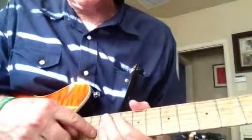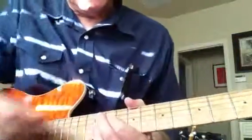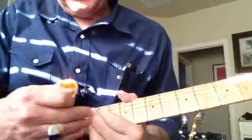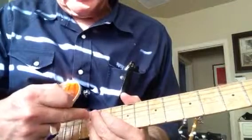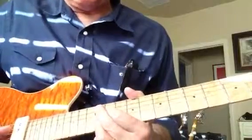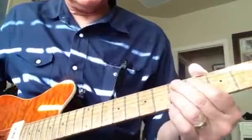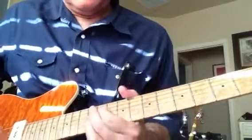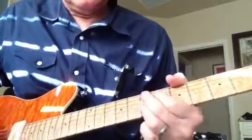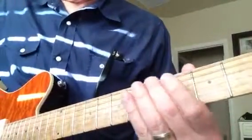Then I'm going to go way down here to the 12th fret, that same pattern when I was playing the D7. When I'm playing the A, the G, and the A, D, and G strings in this pattern down here, 12th, that's an A. So instead of going back to the A here, I can go down here and give a little different sound. So again, that lick is